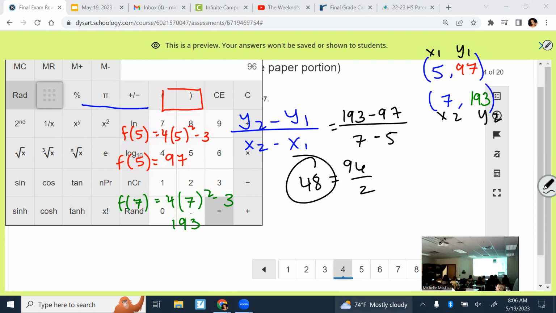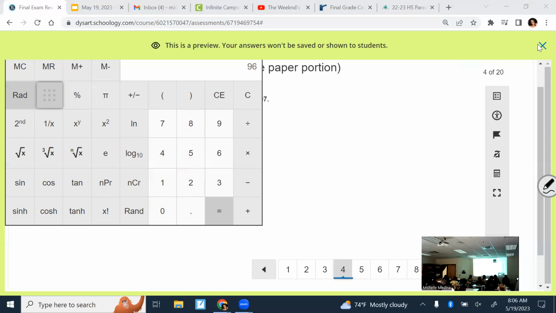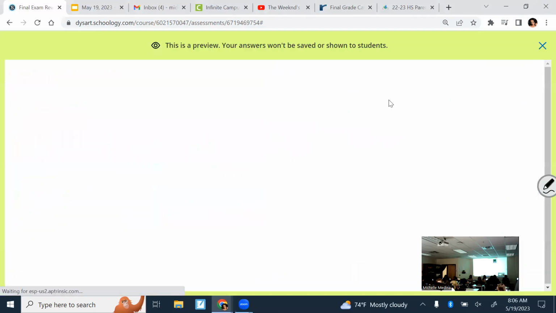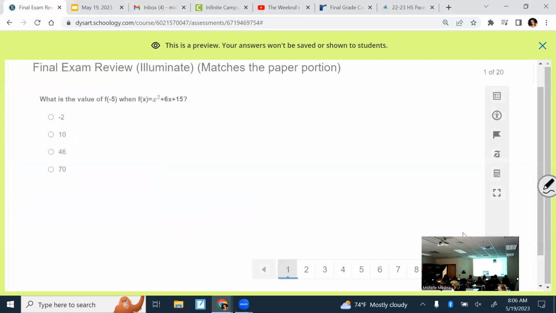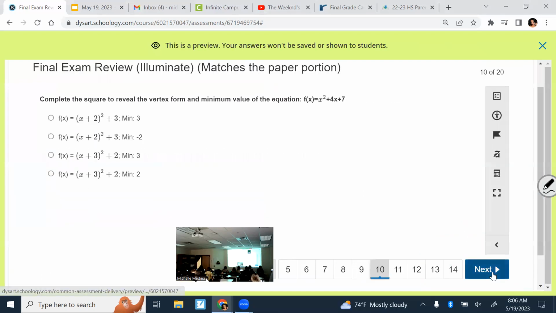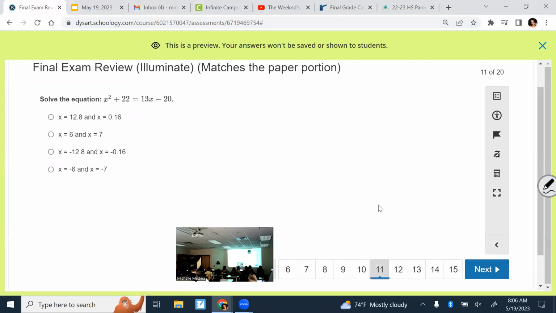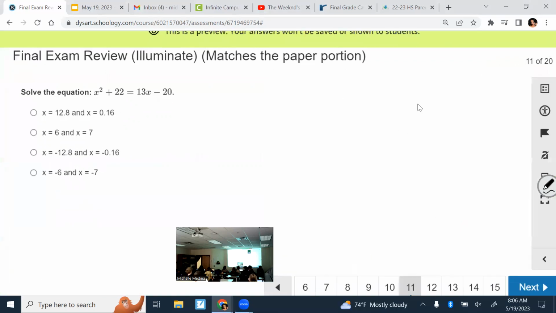So yeah, good thing to put on your note card. Highly encourage you to make one. Other parts of your final, Caitlin F. 11. Okay, this one's 11. So we're solving